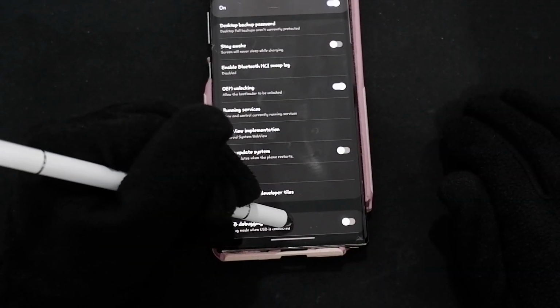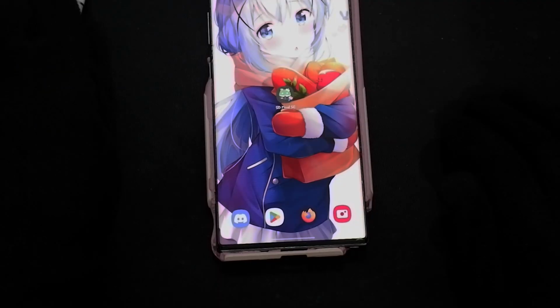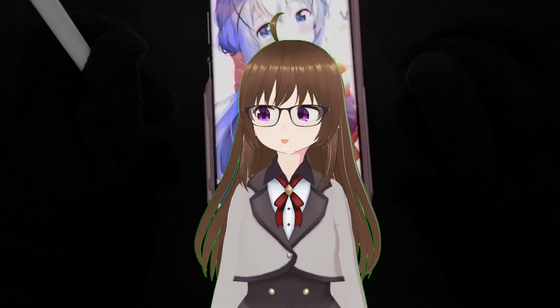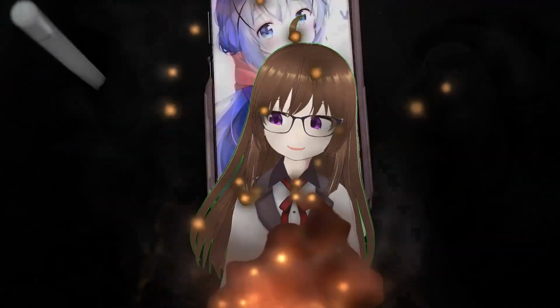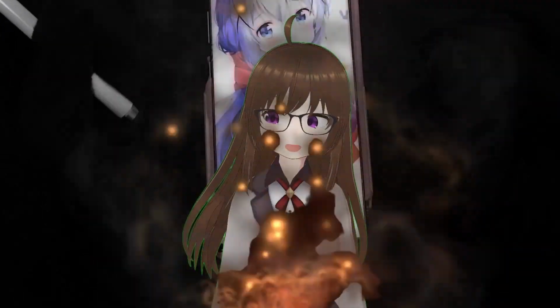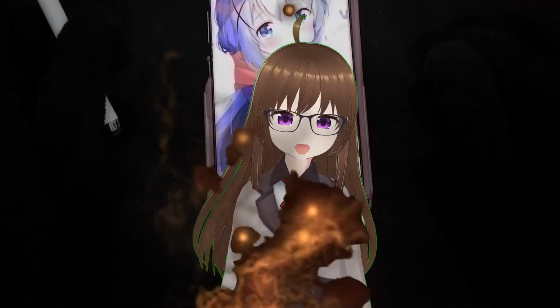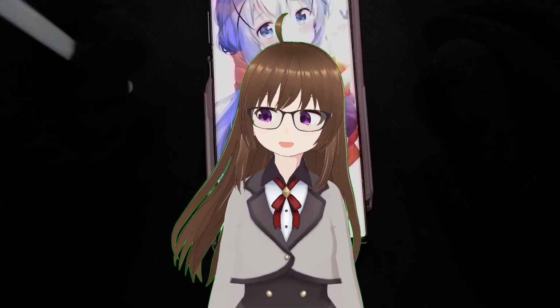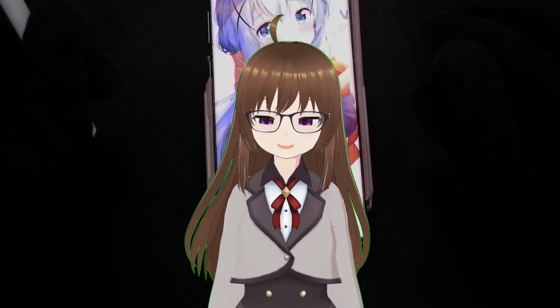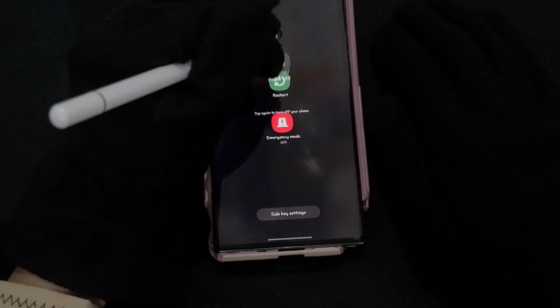Right, now with that enabled, all we have to do is say goodbye to this. Oh, you weren't expecting goodbye? Well then, do your backups right now. You are going to say goodbye to this instance of your phone. You're going to say hello to a brand new operating system. Okay, now that you've backed up everything and you're about to say goodbye to this OS, we're gonna shut it down. Good night.